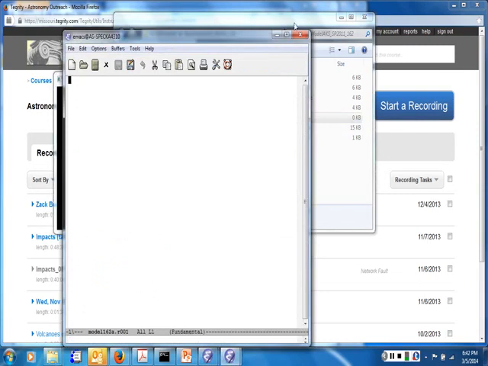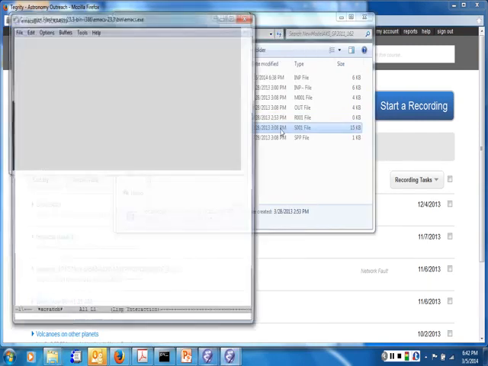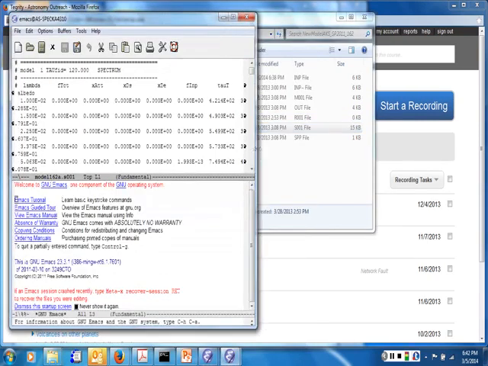Oh, but it didn't make it. Great. Okay, let's look at the S001 file. The S001 file